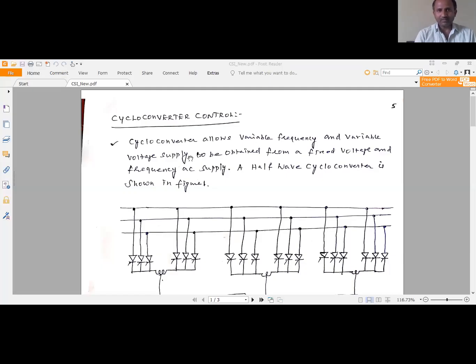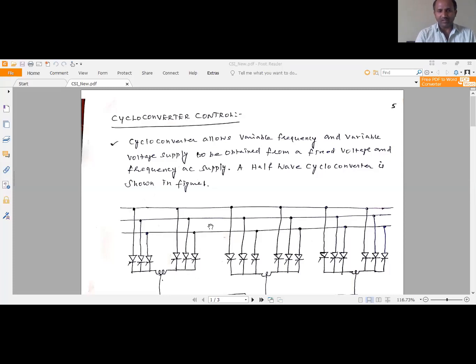Okay, welcome back. So now we are going to discuss cycloconverter control. As already told, a voltage source inverter can be constructed using various commutated devices.